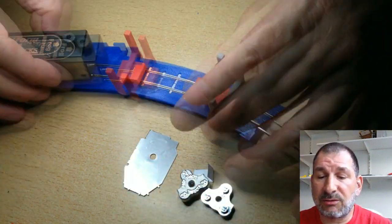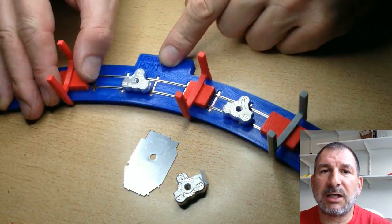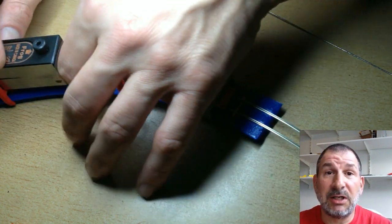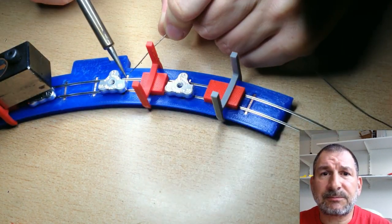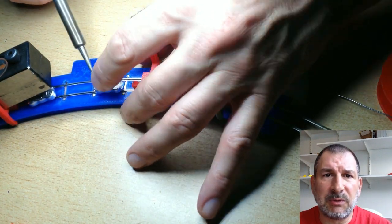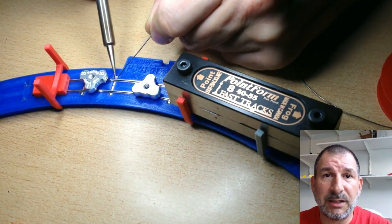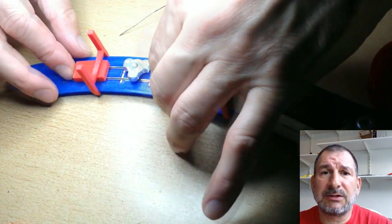And I use the triple gauges, the 3-point gauges, and I use 3 of them. Not only do they hold the rails in the proper separation so they're engaged, which is critical, but it also gives you something to push down on, because when I'm doing this, I put a little bit of solder onto the tip and then a little bit more at the joint, and then I heat it a second time and push down on something, usually that 3-point, because it's so very convenient. It sits on top of the rails. And so it's a process of